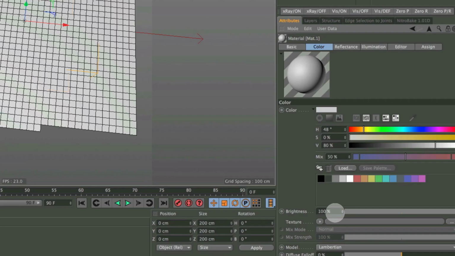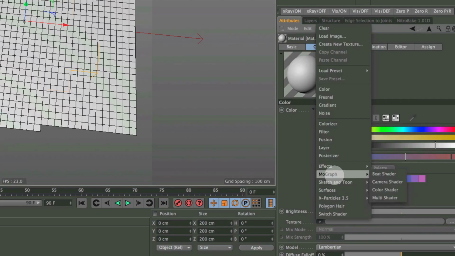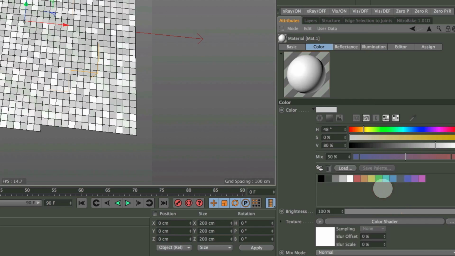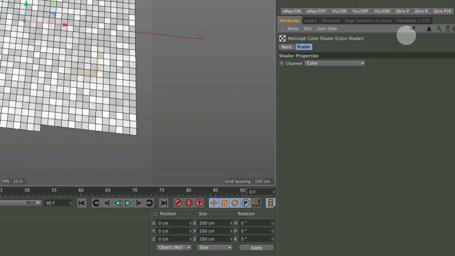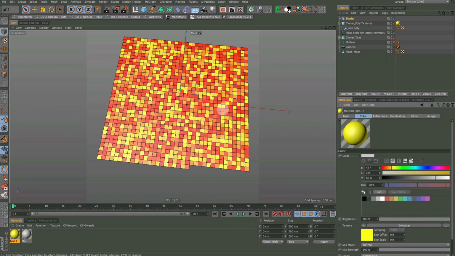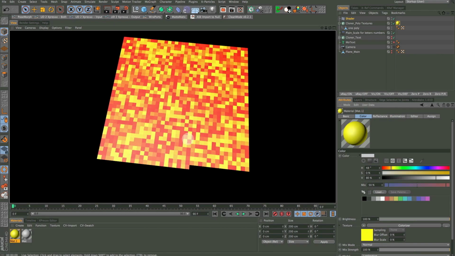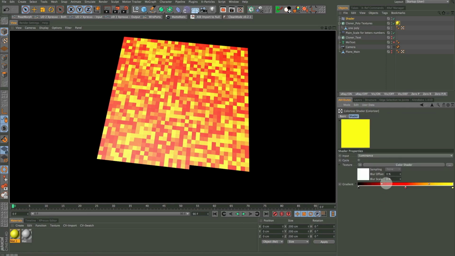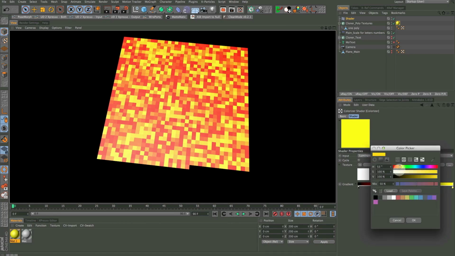I'm going to go in here, and we want to grab under Mograph the color shader. Alright, so now we've got this back, okay, and it's just reading color, but we need to be able to control the colors of those. So let's go in here and add a colorizer. Now you see we've got some crazy colors going on, and if I render, you can see it's rendering a different color for each of those squares. And then you can just go into the colorizer and you can add tabs or take them away. I'm just going to do a basic kind of grayish color for these